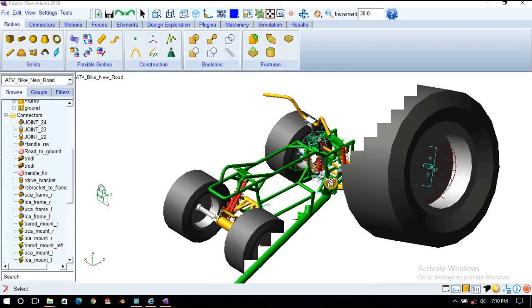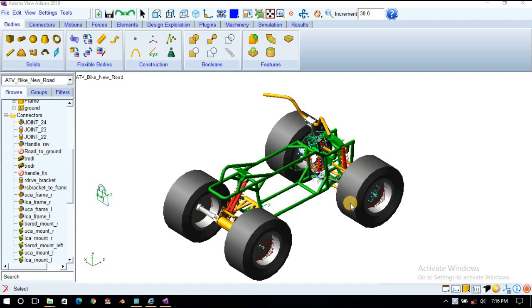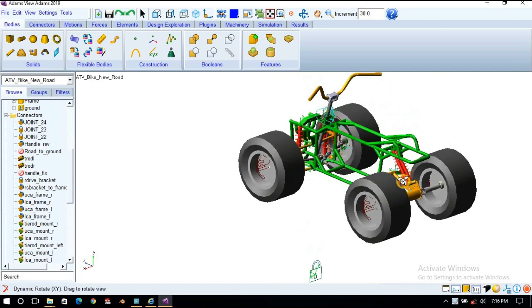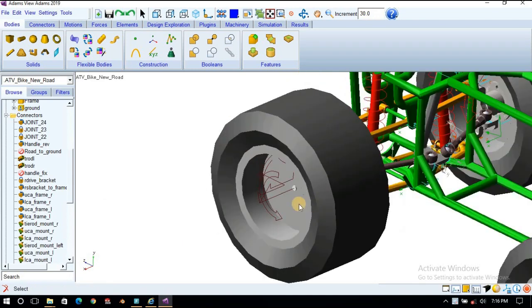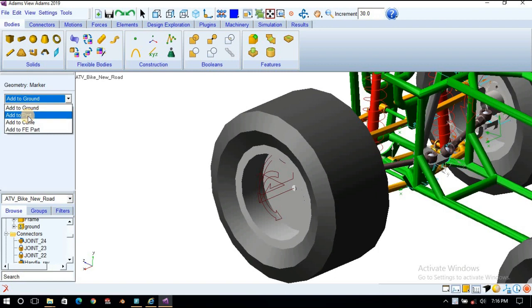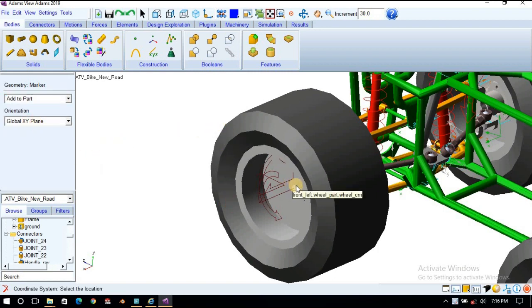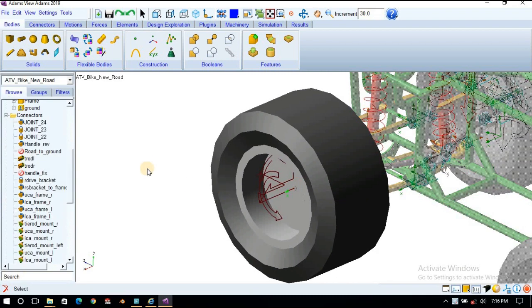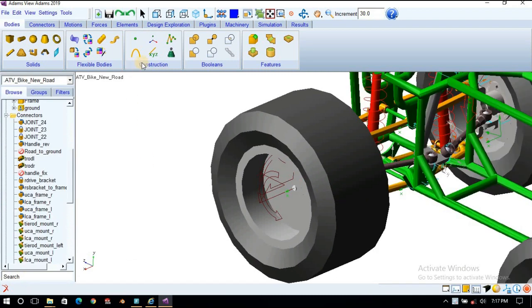Okay, so now we'll create the final joint of this road model. So here, we can't see any marker, so we'll create a marker first, add to part, so choose this part and location at center of mass.